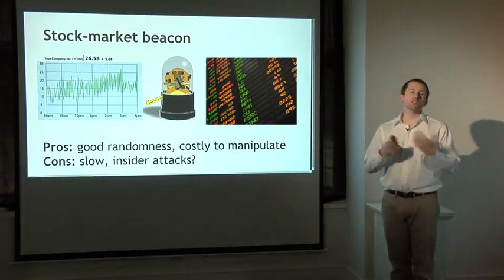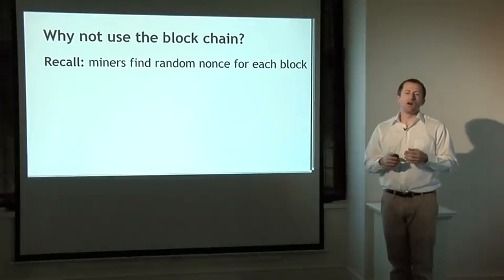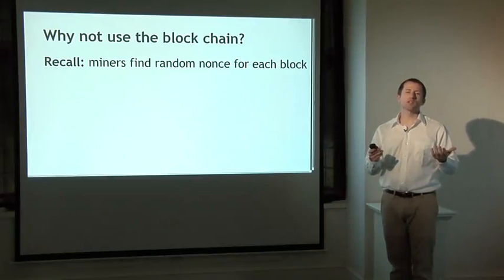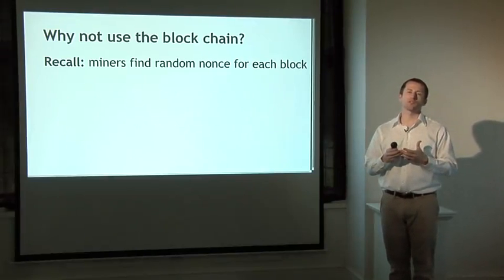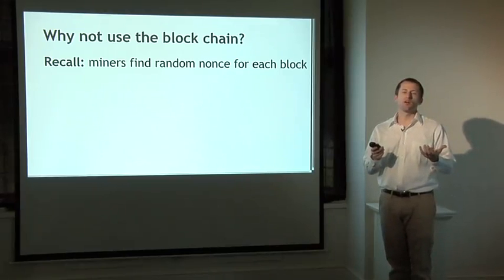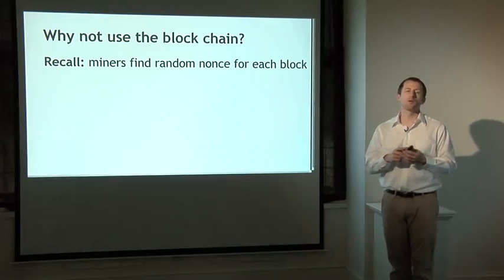So the theme here with almost all of these approaches is that no matter what you do, it seems like you reinsert this one trusted party who has some control of the process. Of course, a big theme of these lectures so far is that Bitcoin has been an amazing technology at removing central trust from protocols that we didn't think that was possible to do before. So can Bitcoin pull the same trick off for a randomness beacon? Can we extract random data from the Bitcoin blockchain with the same decentralized properties that make Bitcoin so attractive?